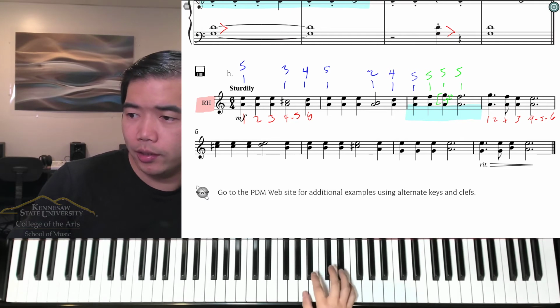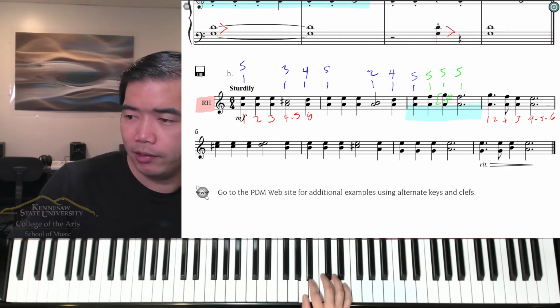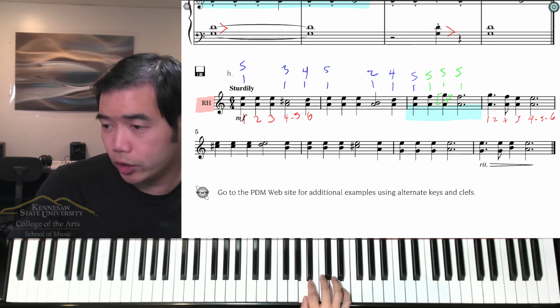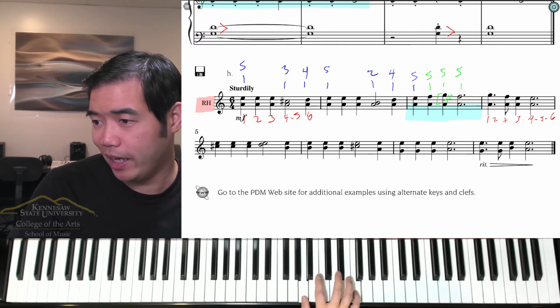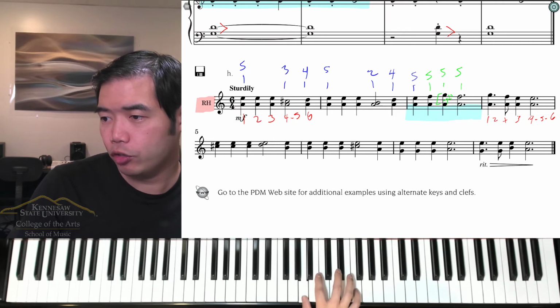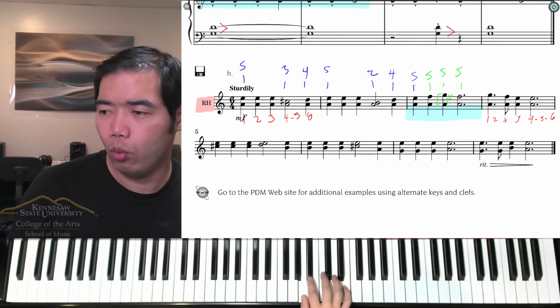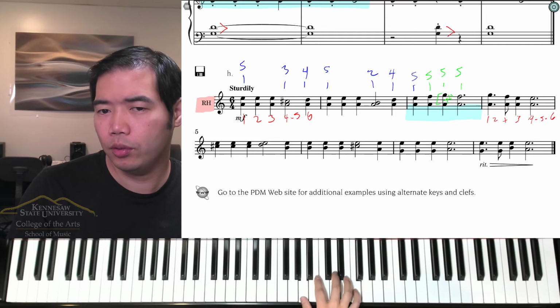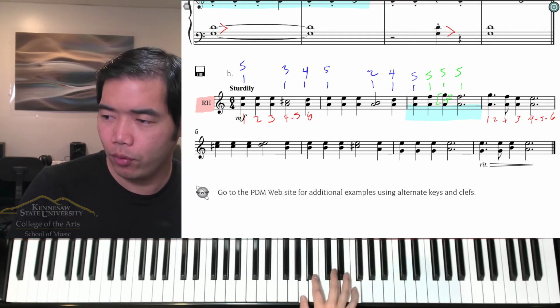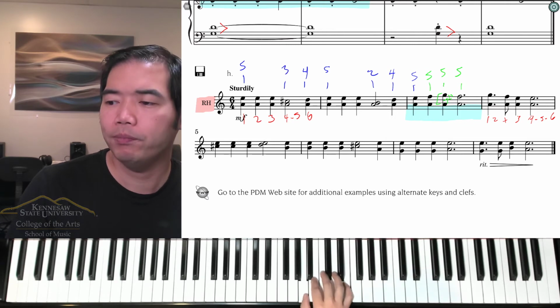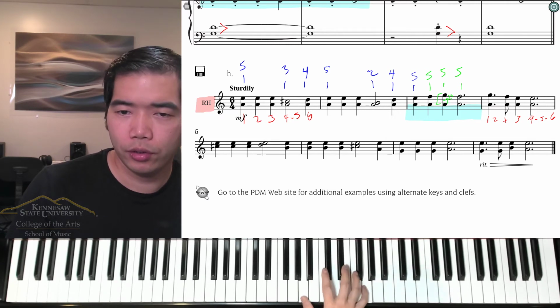So I'm going to start on the A above middle C, thumb on A, 5th finger on E. That's the 5th. Then I'm going to stretch my 5th finger up to F, and then stretch my 5th finger up to G. And then I'm going to move it back down to F, like that. Try that with me. 1, 2, 3, 4, 5, 6. Again. 1, 2, 3,